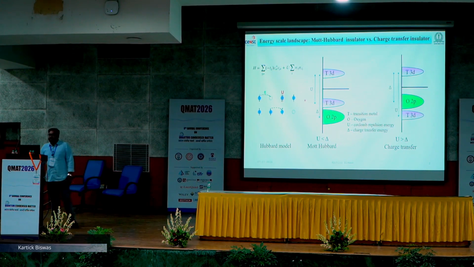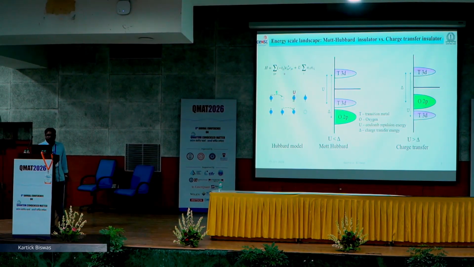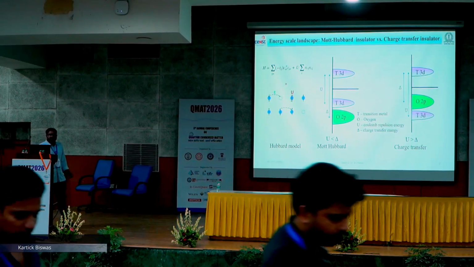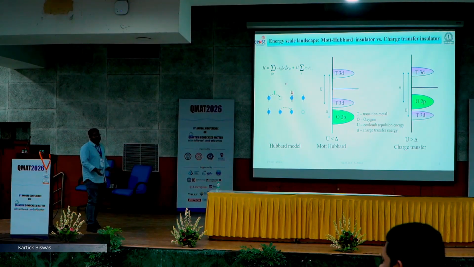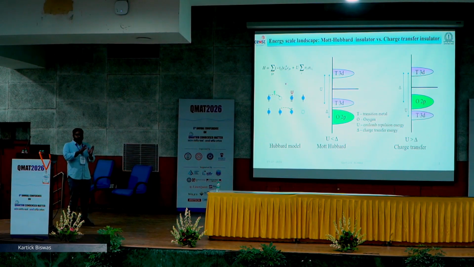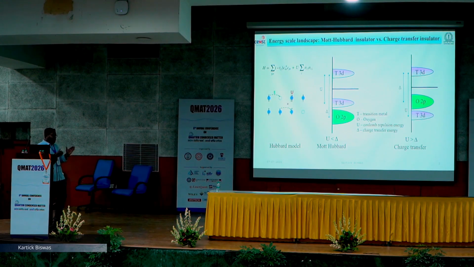To look at that, we first have to look at the Hubbard model. In the Hubbard model, t is basically the hopping parameter, which shows how an electron can move from one site to another site, and U is the on-site Coulomb repulsion. This on-site Coulomb repulsion is the energy required to put one more electron on the same transition metal site. So you can see if this on-site Coulomb repulsion is less than the charge transfer energy, that time the electrons will move from